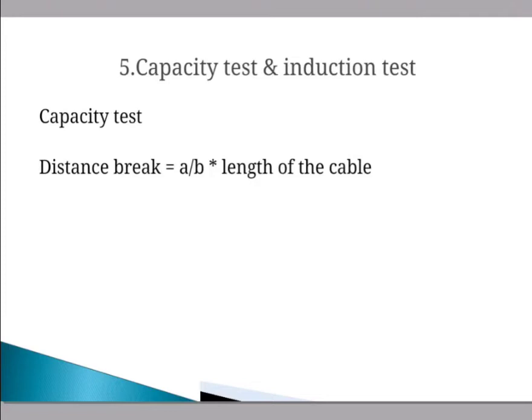Then the insulation resistance test: the cable is tested with a megger. Both ends of the cable should be disconnected from the supply and the equipment terminals, and the test is made between each conductor and earth, one by one. The overall insulation resistance is given by the insulation resistance per meter length divided by the length of the cable in meters. So maintenance is a very important part of underground cable.